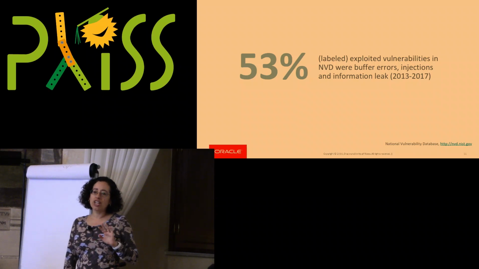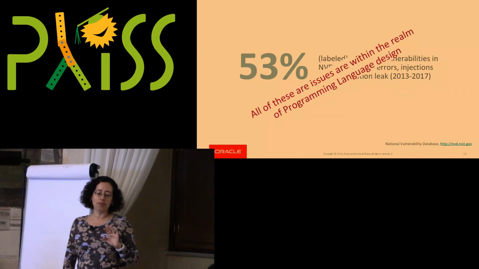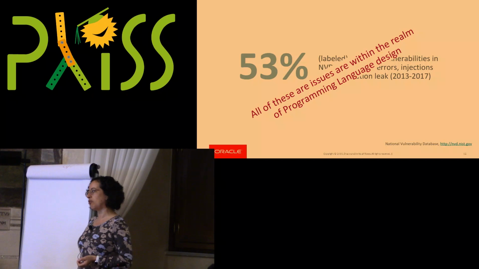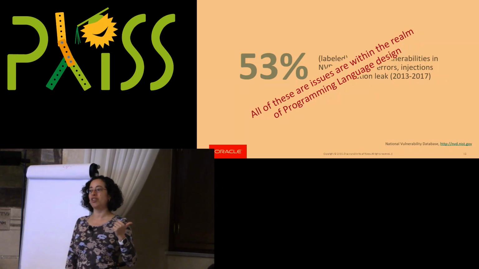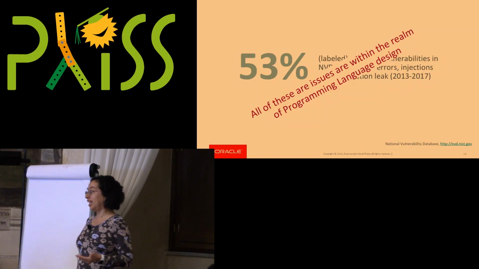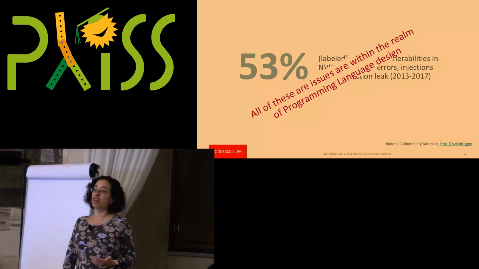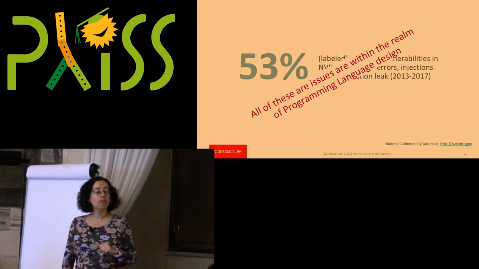And when you start thinking about it deeper, you go, actually, these 3 different areas are really in the realm of programming language design. Why is it that we have so many of these issues? It's not like our developers want to write incorrect code on purpose, right? It's because the programming languages are not supporting them in order to write vulnerability-free code, right?